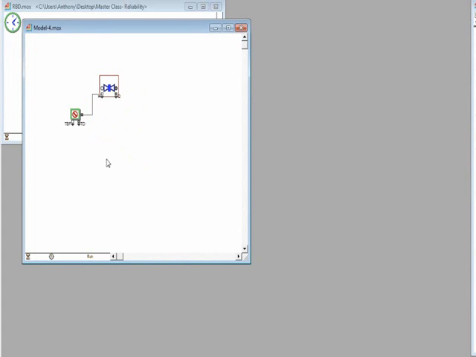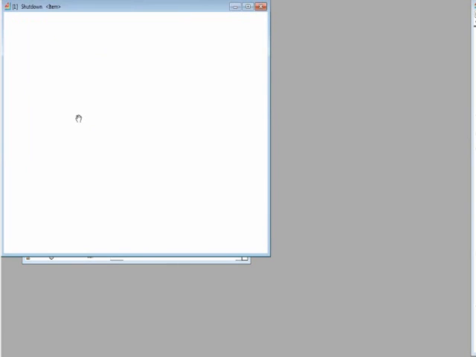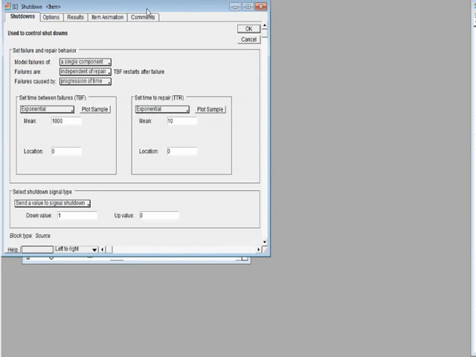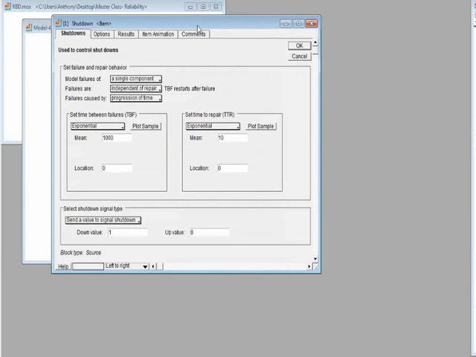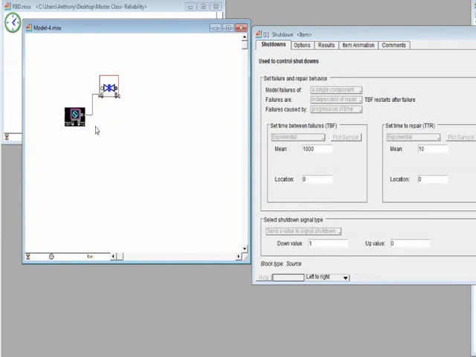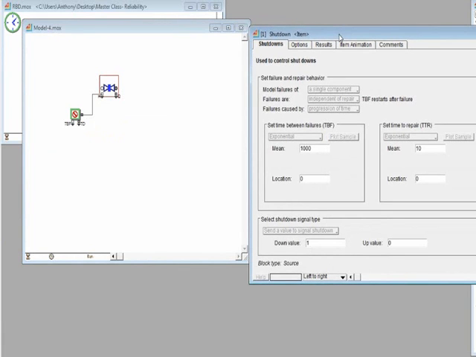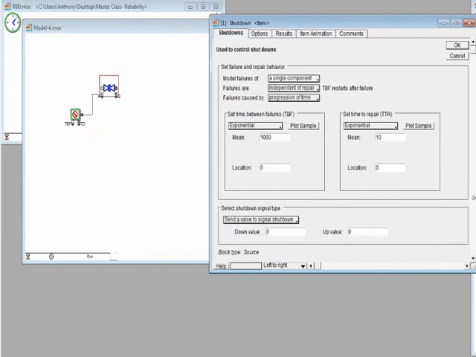It's the shutdown block, so down equals true. That's a 1 or something like that. In the rate block, it has to be the opposite logic. So basically, when this shuts down, or when it fails, we want to report a maximum rate of 0. So what we would do is, in the shutdown blocks dialog, we would swap or flip these values. A down value is a 0 for a rate of 0, a maximum rate of 0, and an up value